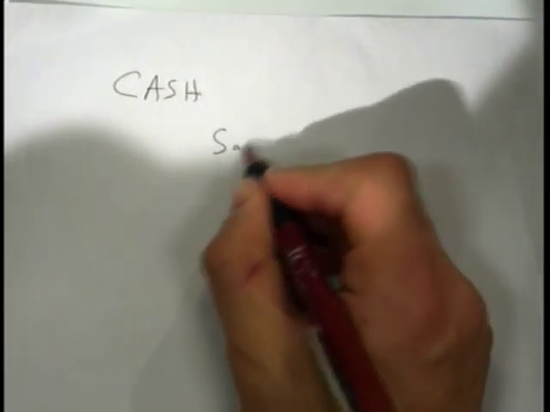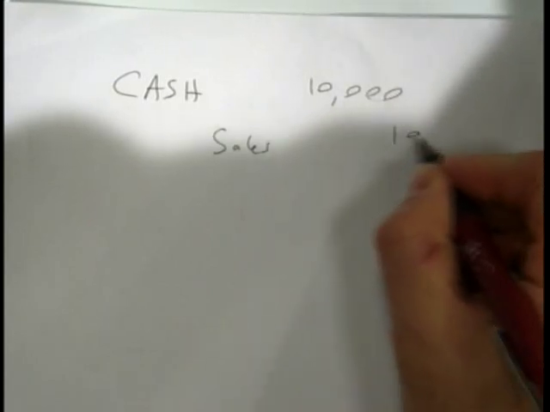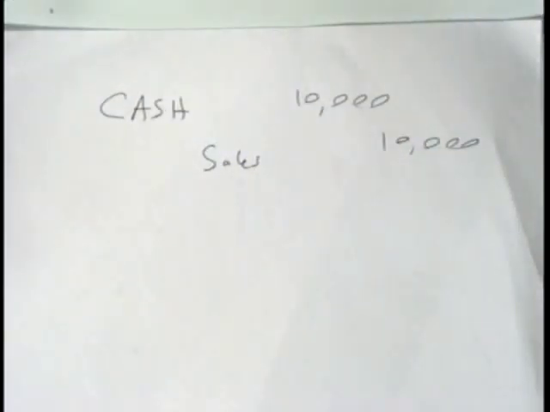Okay. If we would have just sold for cash, what would our journal entry have been? I know that's not what they asked you. But if we would have just sold for cash, our first journal entry to record the sale would be cash sales for how much? 10,000? But we didn't sell for cash, did we? We sold on credit cards. So